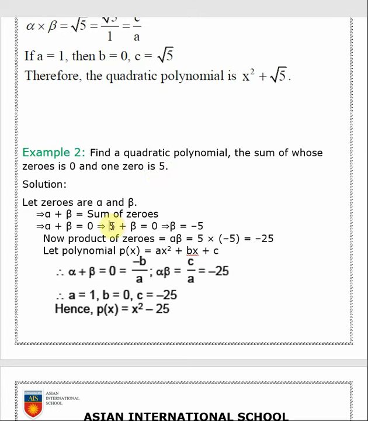They have taken alpha as 5. So if alpha is 5, then from this equation alpha plus beta, that is 5 plus beta, equals 0, because the addition is told to be 0 here. So 5 plus beta is 0, so beta is minus 5. So if I take alpha as 5, then beta comes to minus 5. Okay. Now the product of them will be 5 into minus 5, minus 25. So alpha beta we have found, the addition we already had.